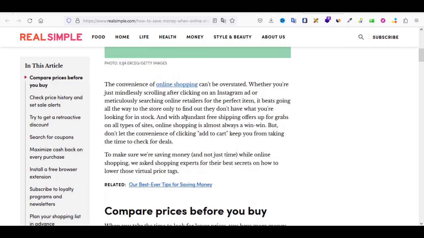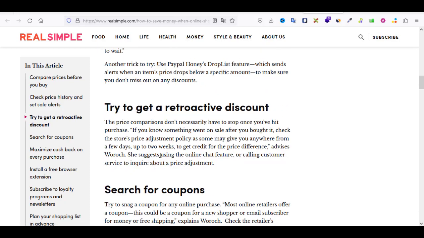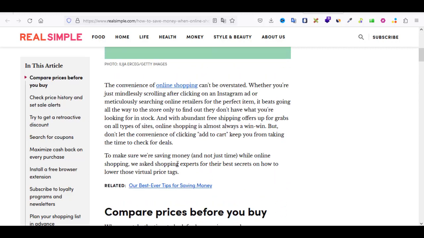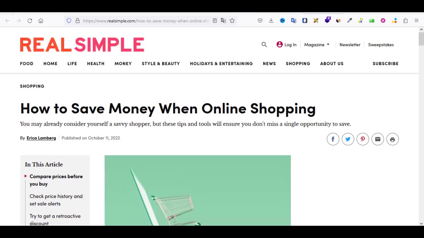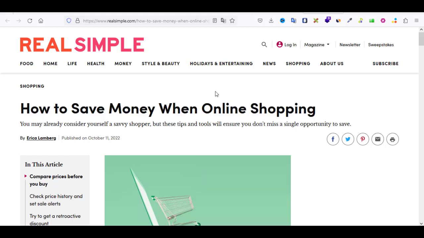This is actually a good picture, so I have to check this article to see if it's really a good article. It looks like a good article. What I need to do is scroll to the top of the page and copy